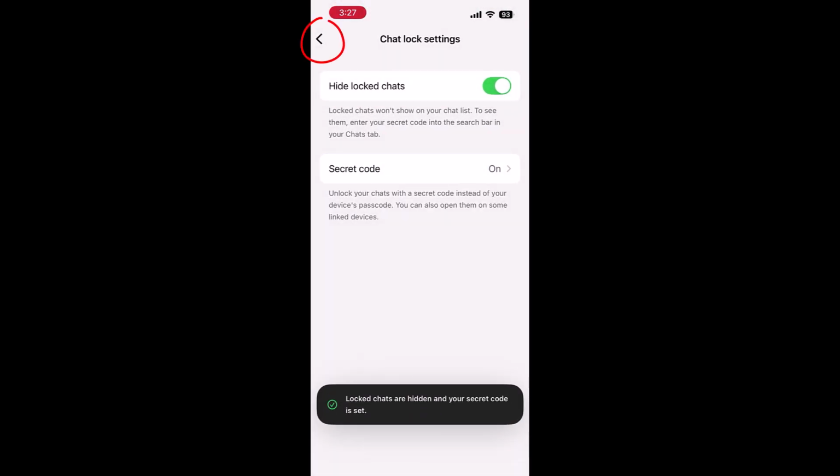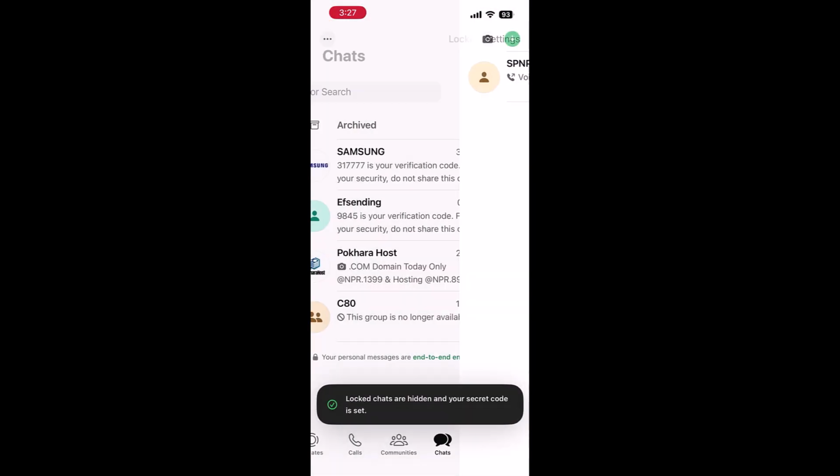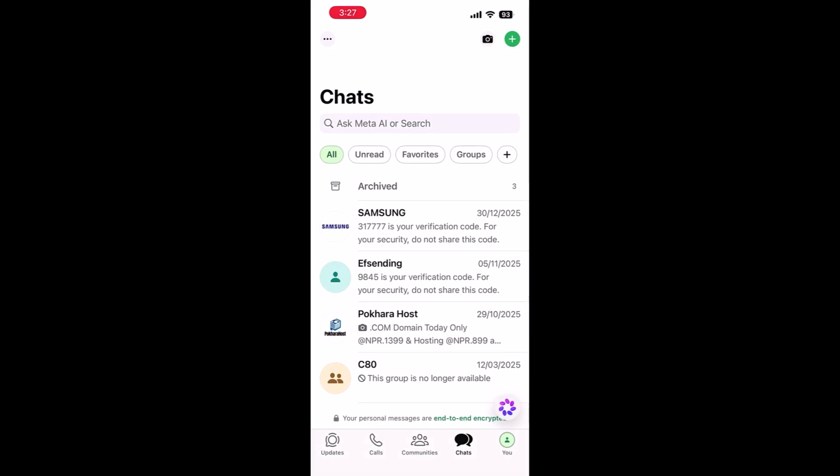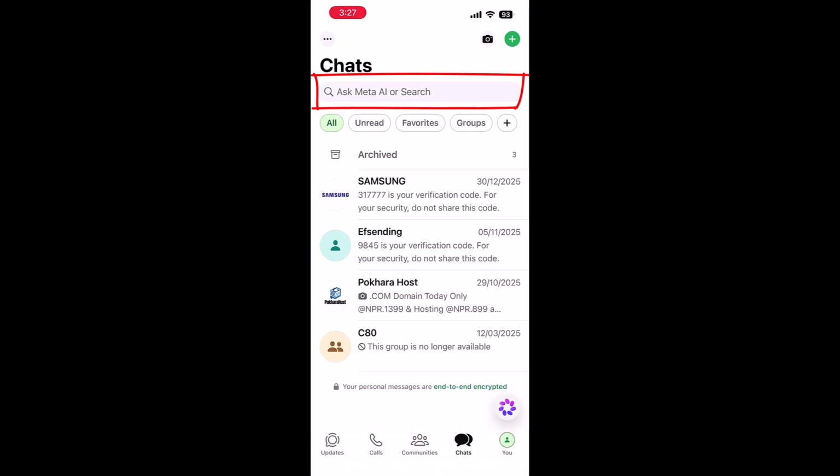Now if I go back and if I scroll down, the locked chats will not appear here. It has been hidden. Now to find the locked chats, simply search a secret code